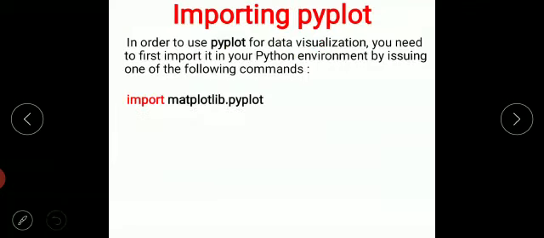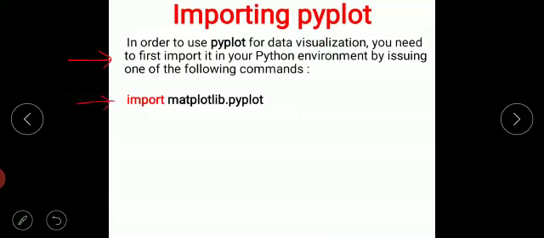Next, how do we have to import pyplot? In order to use pyplot for data visualization, you need to first import it in your Python environment, or you can say a Python program, by issuing one of the following commands. How do we have to import it? import matplotlib.pyplot.